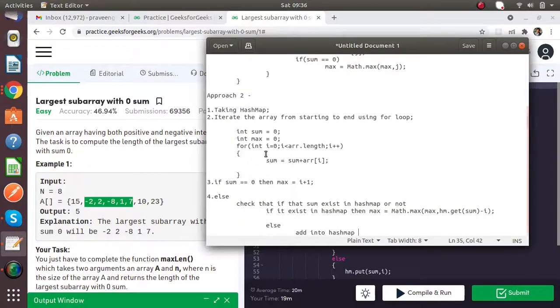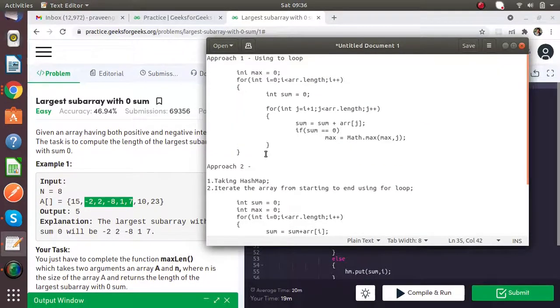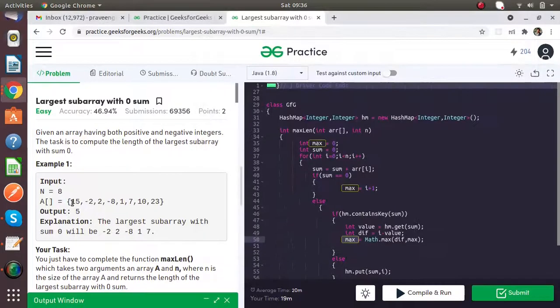So let's look at the approaches which we can use for solving this problem. The first approach which I commonly use is using for loops. In this we are using two for loops. The first for loop is for the first element, then the second for loop is to iterate from the start, like from 15 to 2, from 15 to minus 8, from 15 to 1, from 15 to 7.